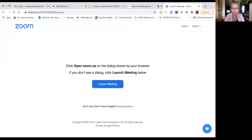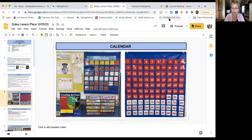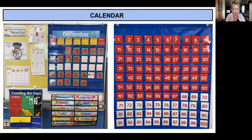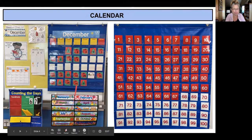I'm going to share our screen. Okay, so let me come here. And what I'd like to do is show you first. We're going to go through all of it. Okay, and let's go through the lesson plans and what you did today with the substitute. Okay, so let me move this over here on this side and I'll go into the present mode. There we go. Okay, so boys and girls, today was the 9th day of December, and today in class you